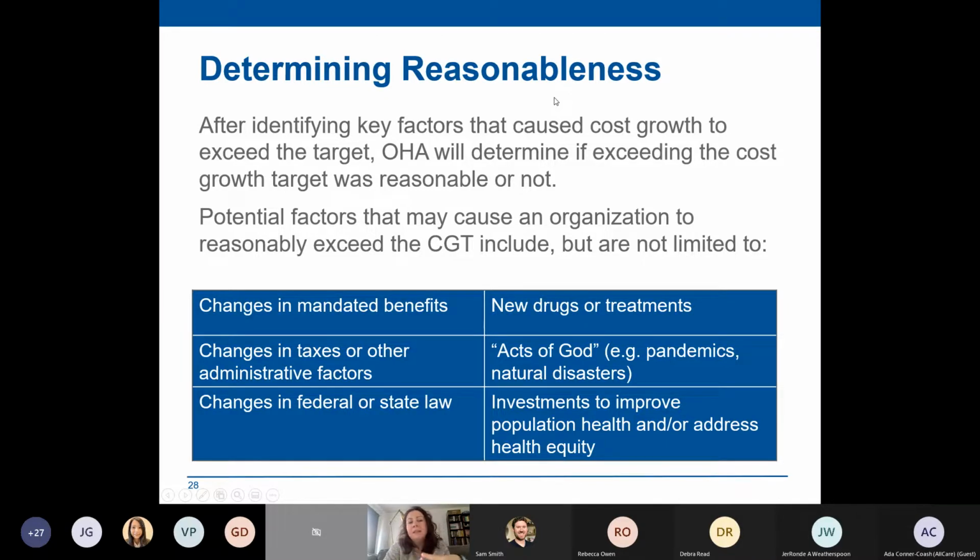Some of the intention here is that these factors are somewhat squishy because we don't know what's going to happen. There could be something unexpected in a given year. And so we wouldn't want to define these categories so narrowly that if something happened that we didn't anticipate, we wouldn't be able to say, oh yeah, that's a totally good reason for exceeding the cost growth target. No accountability applies. So I guess what I'm saying is we understand that you would like some certainty and some details here, totally understandable, but also recognizing that our intent is to make sure that this is flexible because we can't anticipate everything that might happen or what those factors might be.